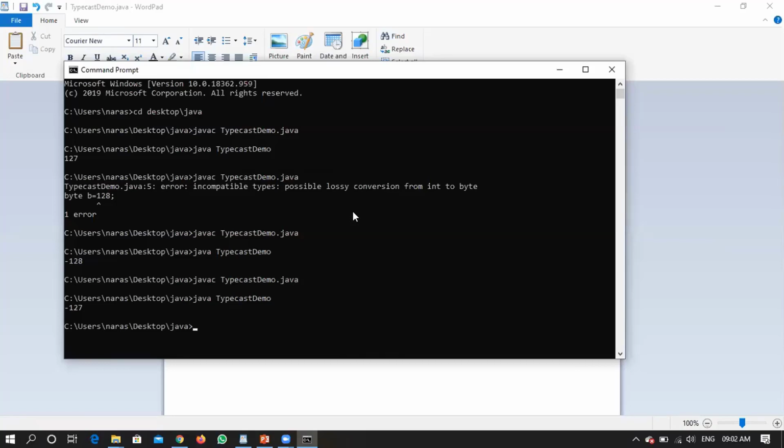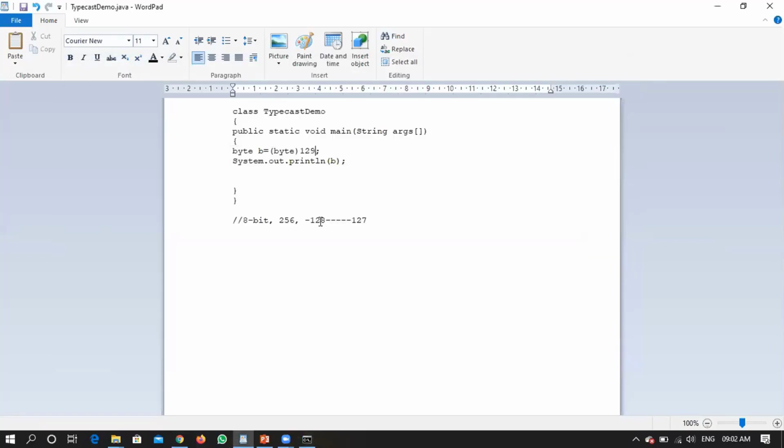Minus 128 is within the range of a byte itself, right? Next is minus 127, even that is in the range of a byte. Next, if I am incrementing, then it will take minus 126, even that is in the range, right?